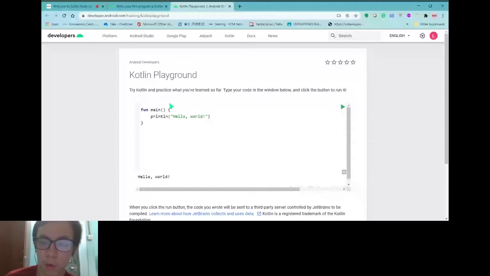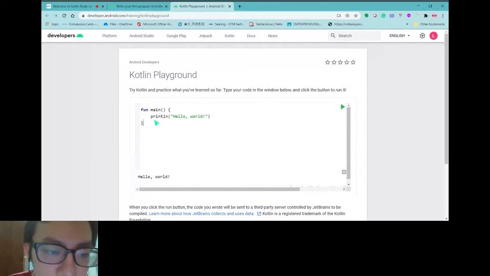After that, if you want to reuse this block of code, you just call it again and again. A function can be reused as many times as you like. So fun means function. Maybe they mean that learning Kotlin is fun, so they use fun as the alias for function.